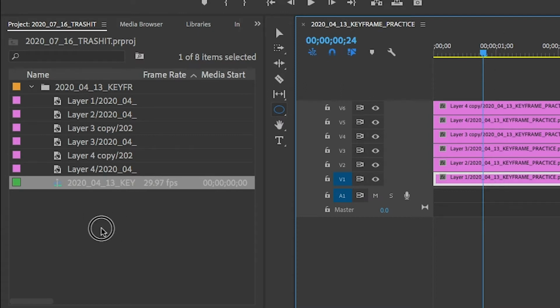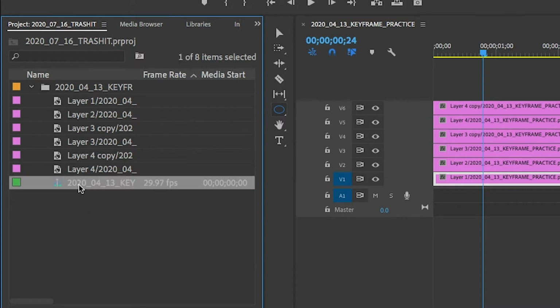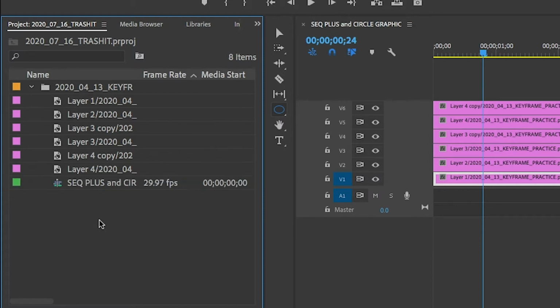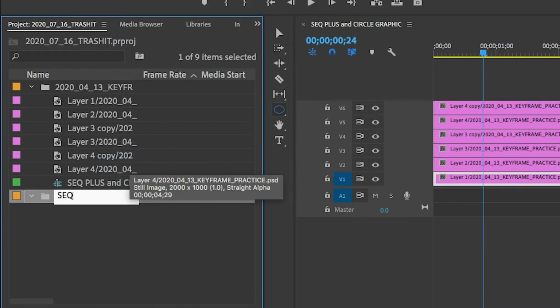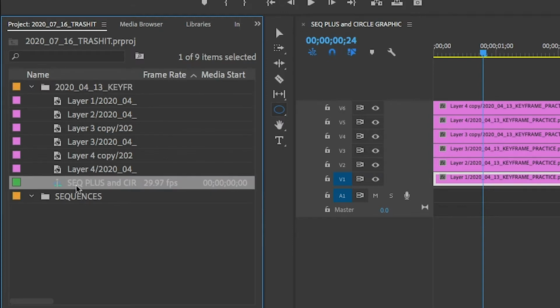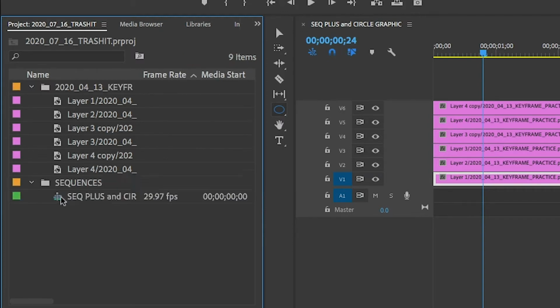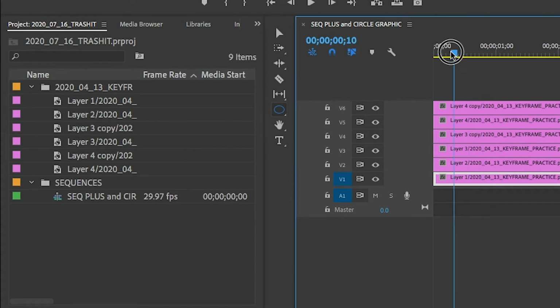Now the hitch is that I wouldn't want to leave this here, and I would want to rename the sequence. So I would call this sequence, and just give it a name so you know what it is. I'm going to call this plus and circle graphic. I'm going to make a bin for my sequences, and I want to keep these separate. I don't want sequences and either footage or other materials commingling. Okay, so I've got my sequences separated, and now I can begin the keyframing